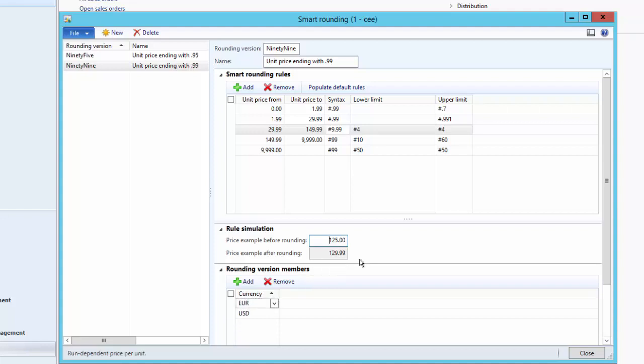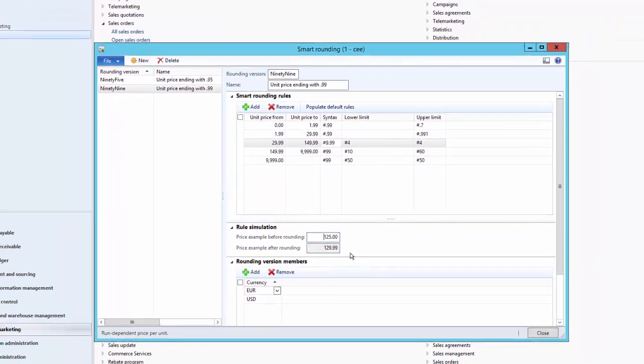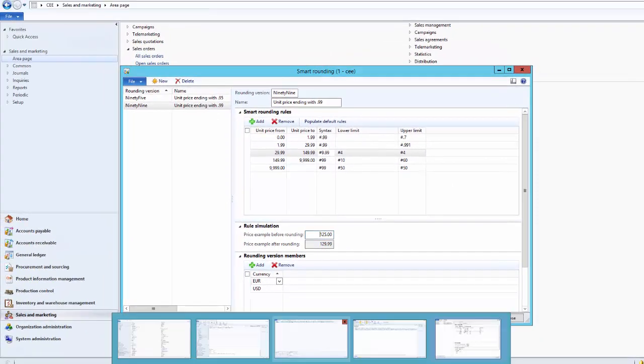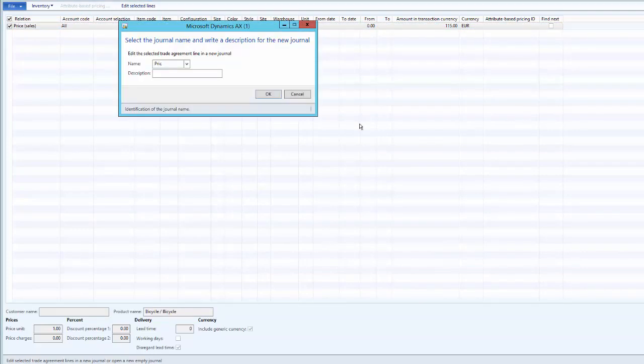So we are done with the setup of smart rounding, and as a next step, let's review how to apply this smart rounding. If you go to the view trade agreements here, this is for the bicycle, and click on edit, select line.